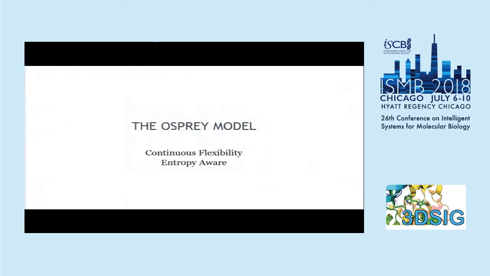So if you are provable towards your model, you know that if you have any error, the error is in your model. What we decided to do is always work on improving the model. So the OSPREY model, as you call it, contains two quite important and what we think pioneering attributes, which is our continuous flexibility and our entropy awareness. So if we were to talk about continuous flexibility,